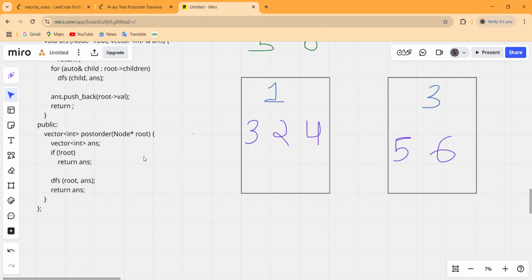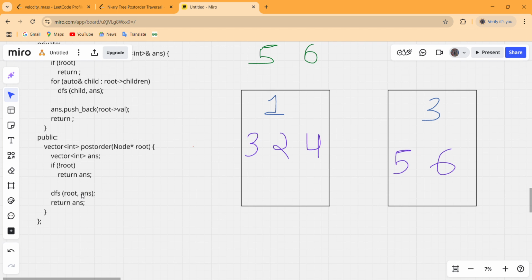Basically for an empty node, like if it has a nullptr that comes on this root pointer, then we have to do nothing, we just return an empty array in that case. So if the root given to us is empty or null, just return an empty array, and if it has some values or some children, then do some DFS or some function on that, perform some operations on that, and then return our answer.